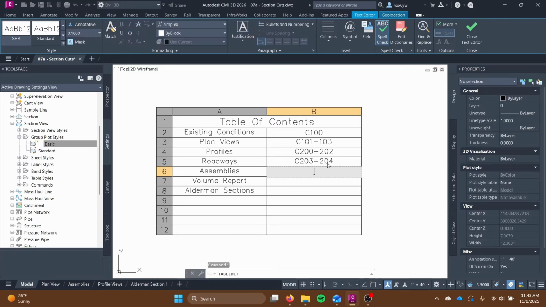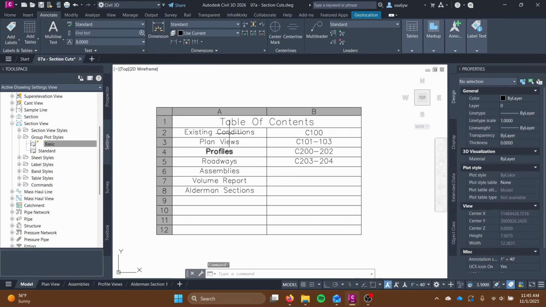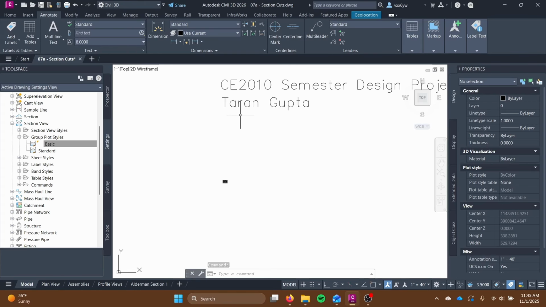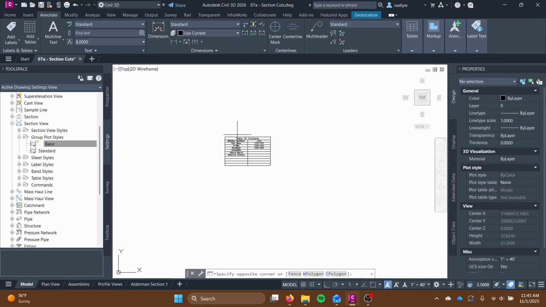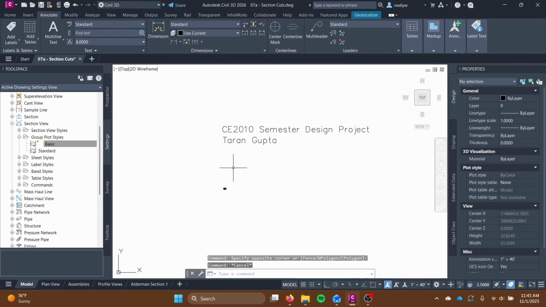You can also make a separate row for every single plan sheet. But you just need to have a table of contents. You need to have your name and a title for your project. And all of this should be the first plan sheet on your plan set. So make that into a plan sheet, and going and actually looking at our sheet set,